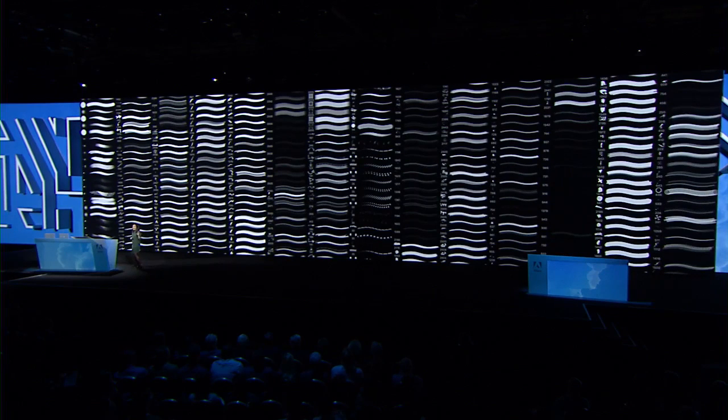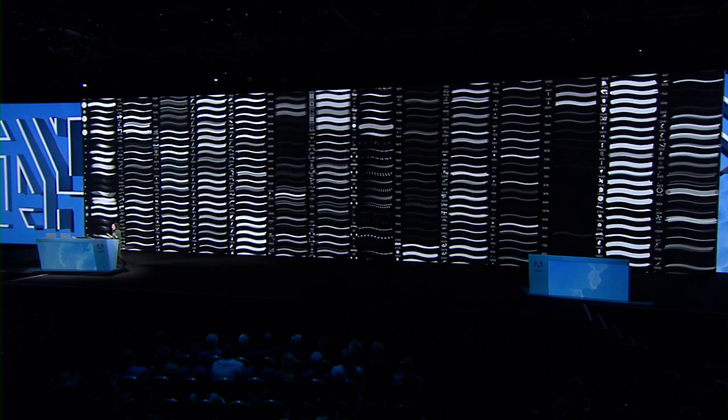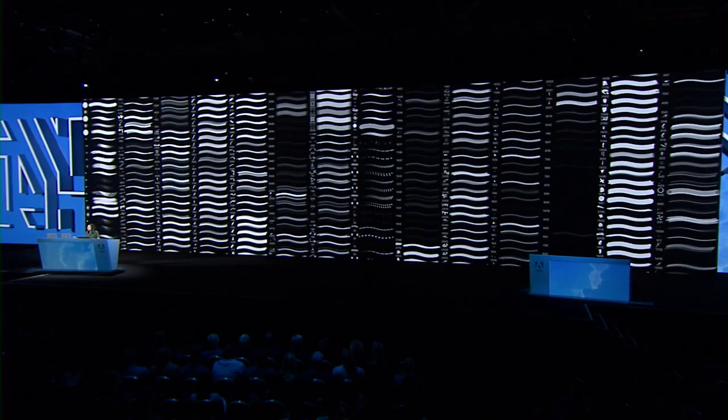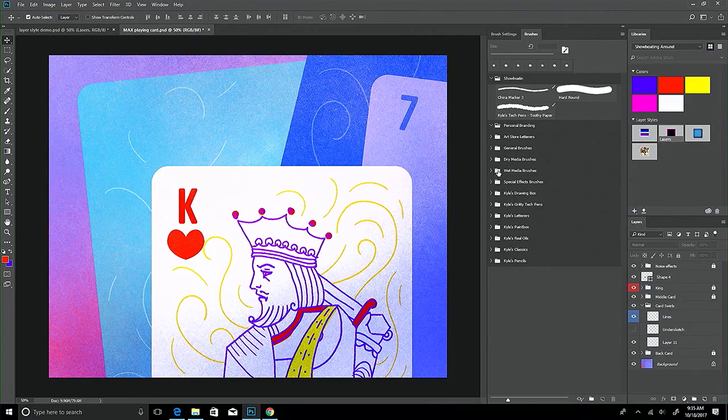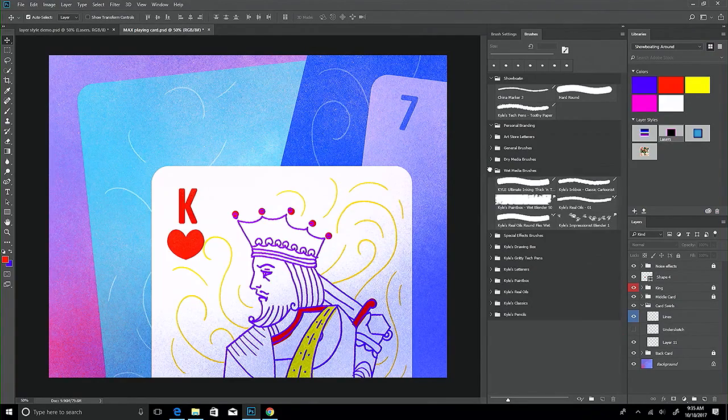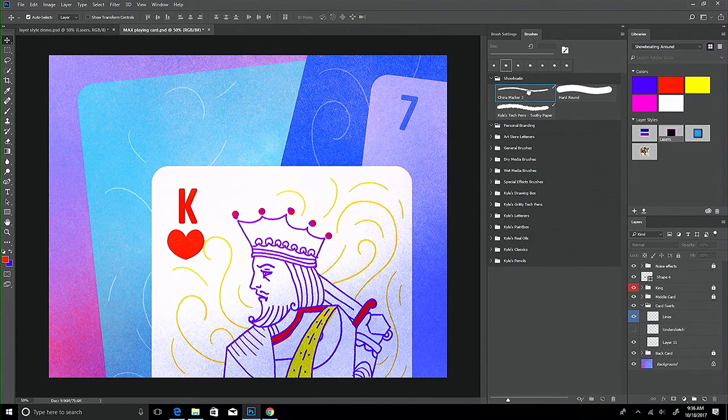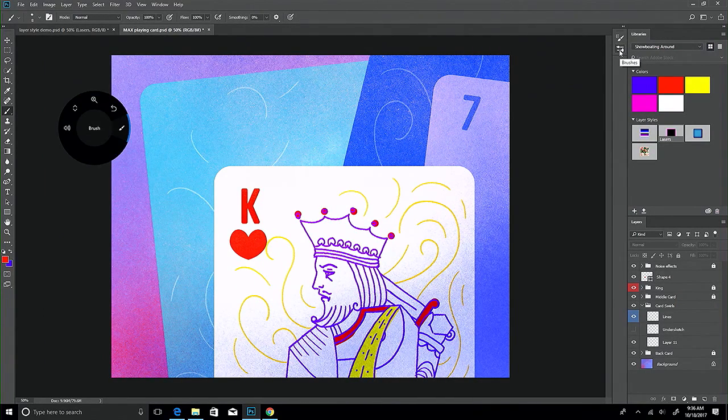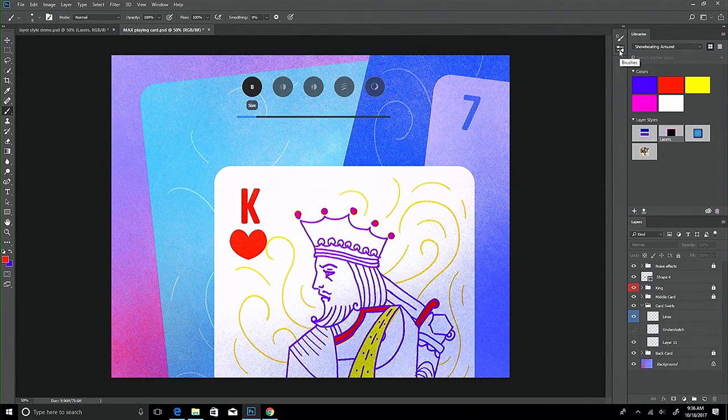Well, finding that brush that you're looking for is now a problem of the past. So the Photoshop team has completely rethought brush organization. So you'll see here now, we have this brand new panel with organized folders, and I can customize and rename these folders however I like. And as you see here, all of my brushes have previews, and everything is awesome. So I can find that brush that I have been using. So let's just double check that this is exactly the right size before I show you our very last feature,